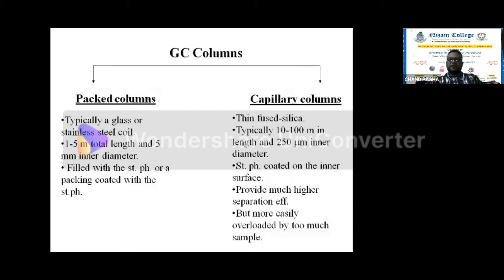It is a very thin diameter, whereas the length is very high. The stationary phase is coated on the inner surface, but it is a fused kind of structure, so you don't have a separate lumen inside. There is some porous structure, but no lumen. In packed columns, if you open the column, you will see the complete lumen, a small hole appearing.